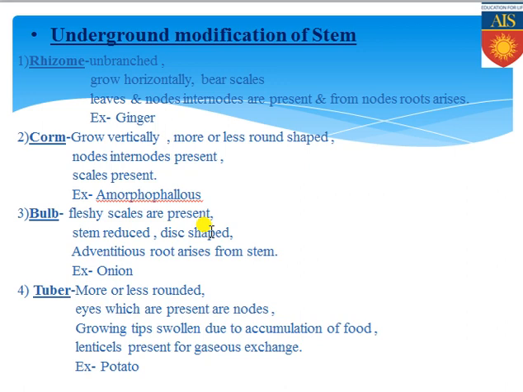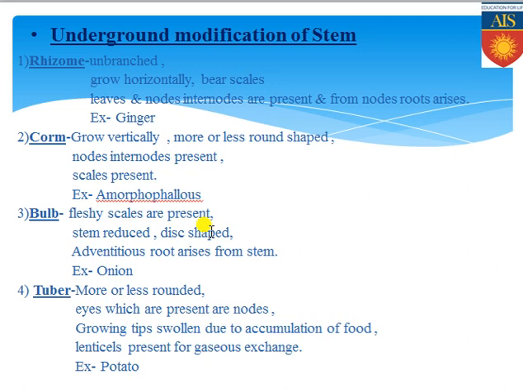If you come to the third specific underground stem category, that is commonly known as bulb, because it actually looks like a bulb, that's why the name bulb or tunicated bulb has been given. Keep it in your mind, in this specific underground stem, fleshy scales are present, and the stems are reduced. By seeing the size you can understand, and obviously this is disc shaped. Always keep it in your mind, if you see the lower portion of the stem, you will see that from there the roots are arising. The example is exclusively onion. We can see onion and garlic, these are the examples of bulb.